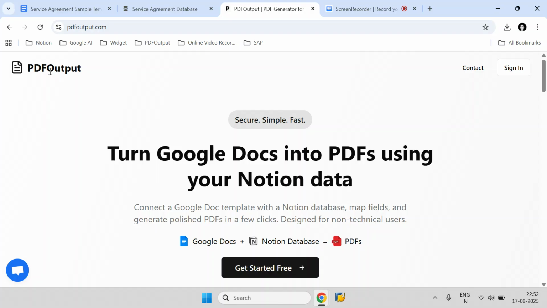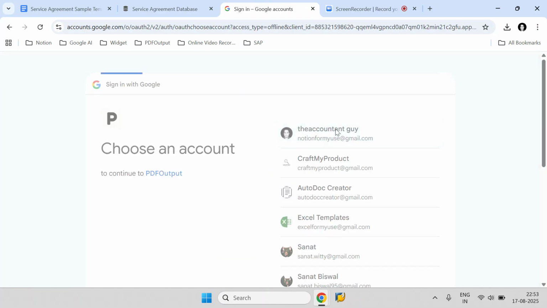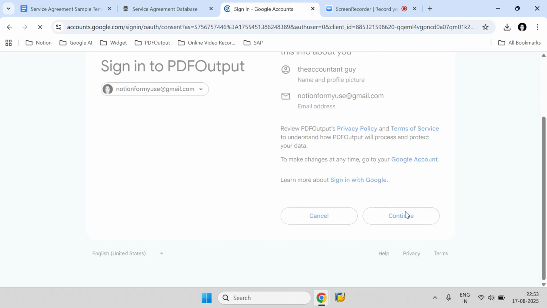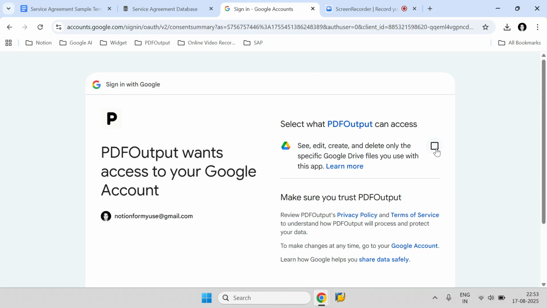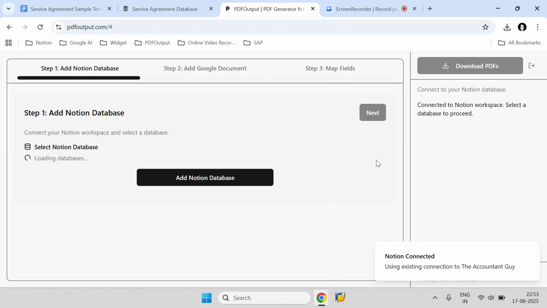First of all, head over to pdfoutput.com. This is the website which will help you create the automation system for your requirement. Just simply sign in with any of your accounts from here. And once you sign in, we will be able to start the automation process. So click on continue, and make sure when you're signing in, enable this checkbox. This is essential to create the automation setup. So make sure this is enabled. Click on continue and then you will end up inside the dashboard where you can start working on the automation